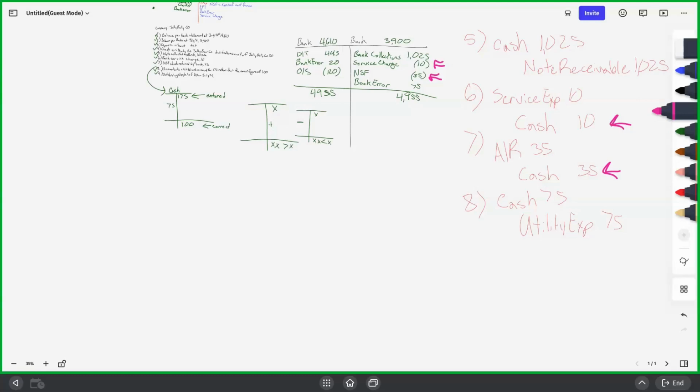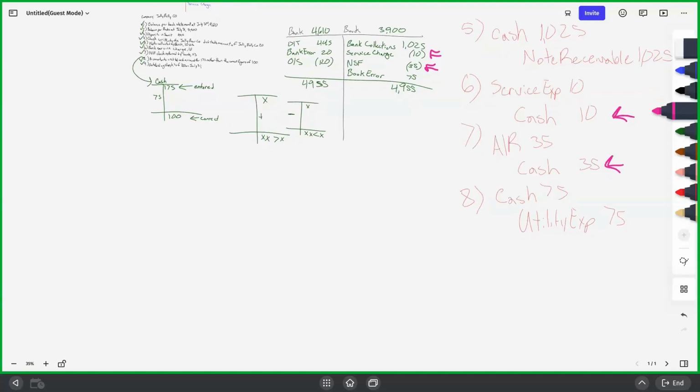Any other questions though on chapter 6 with bank reconciliations, with internal controls, or with liquidity of cash? What were the 3 main accounts for bank again? For bank, deposits in transit, outstanding checks, and bank errors. Those are the 3 main. All right, with that, we're going to go on to chapter 9.